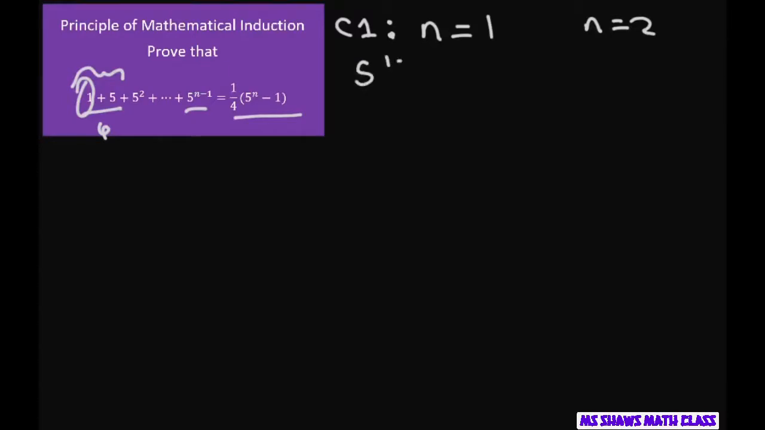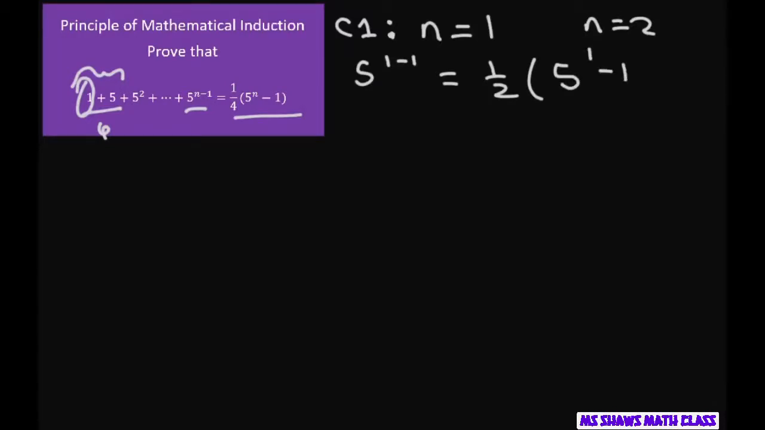So the first thing we're going to do is show for condition 1 that it's true for our first term, which is n equals 1. It means when I plug in 1 into the n's here, I should get my first term. If I plugged in 2, then I should get 6, because that would be the sum of the first two terms. So for n equals 1, we have 5 to the 1 minus 1